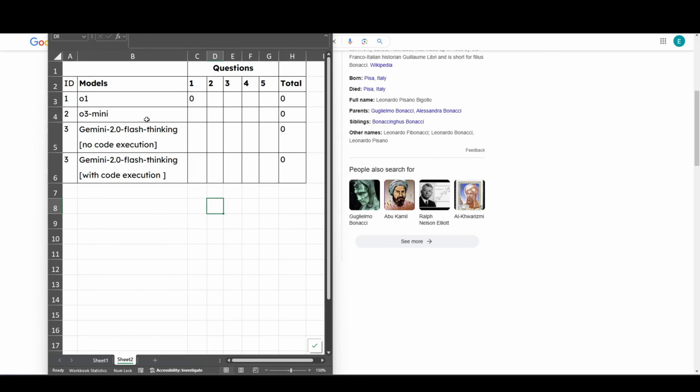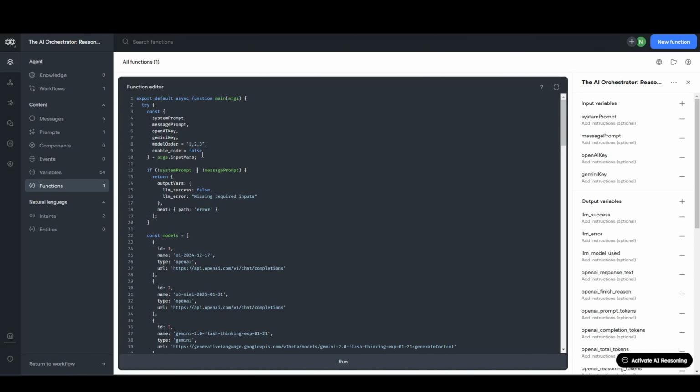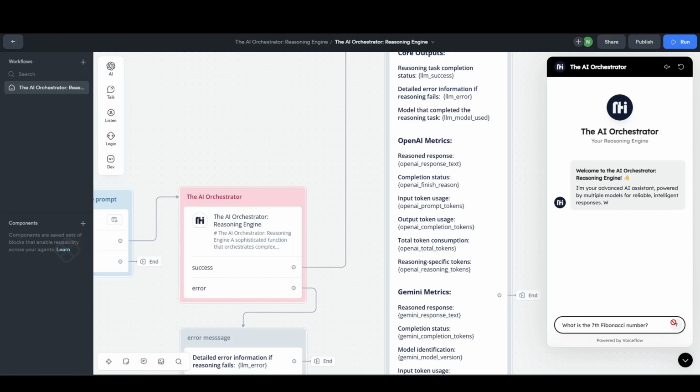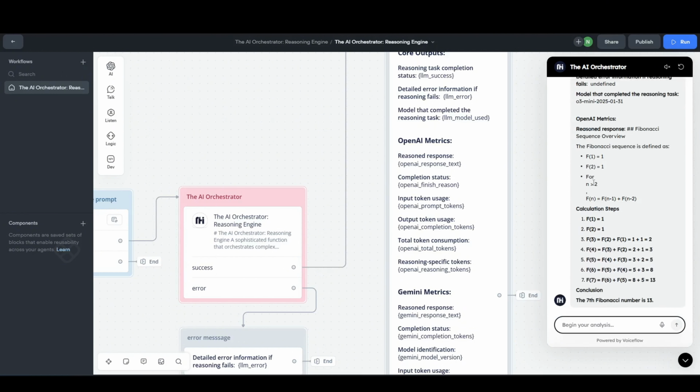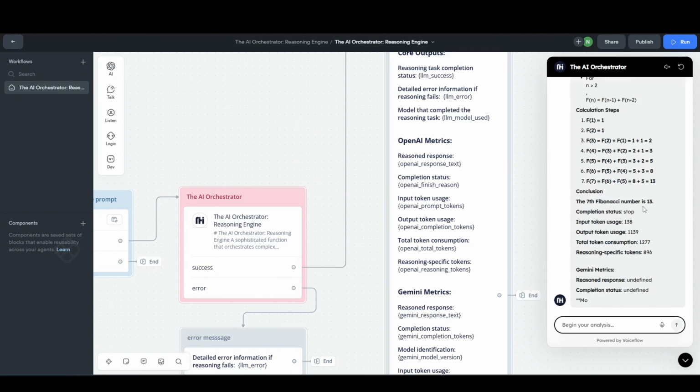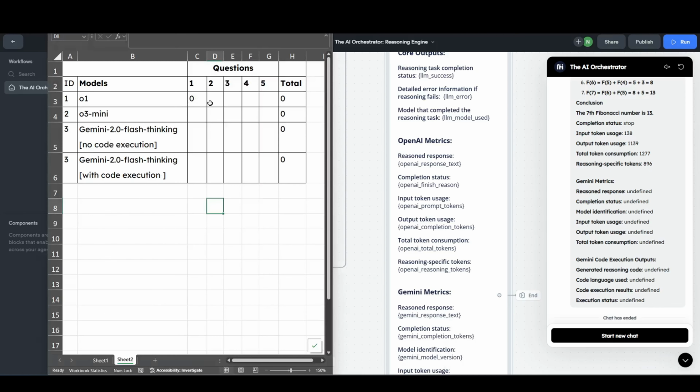The next is to test the O3 mini. So now let's see what the O3 mini would do. The O3 mini also got it wrong. We're going to give it 0. And the O3 mini is using the high reasoning effort, so we are giving it the best chance to get this correct.